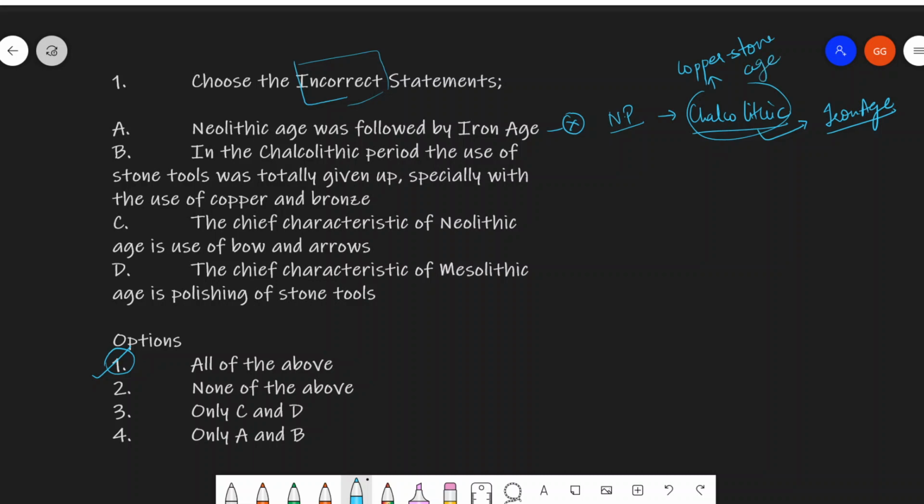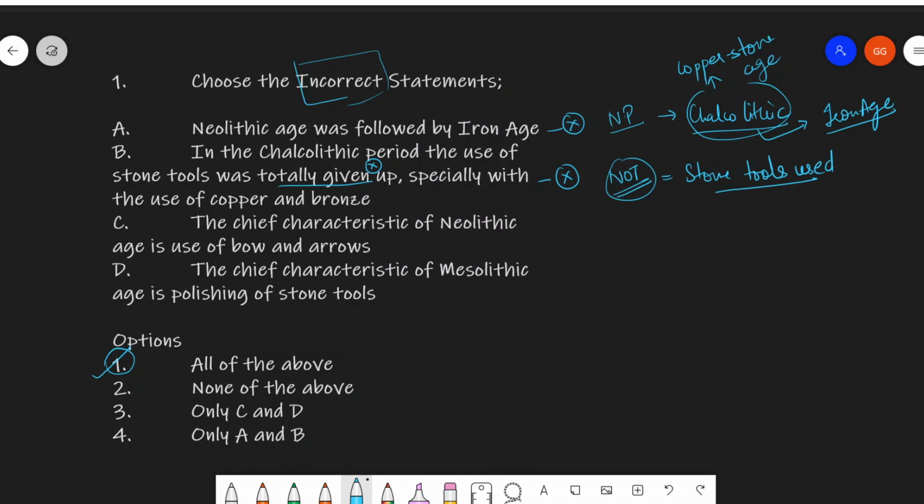Then let's look at the second statement. In the Chalcolithic period, the use of stone tools was totally given up, especially with the use of copper and bronze. Now this statement is also wrong. Why? Because in the Chalcolithic period, the use of stone tools was not given up. You see, it's saying here that the use of the stone tools was totally given up. So this statement is false because it was not totally given up. The stone tools were still used,